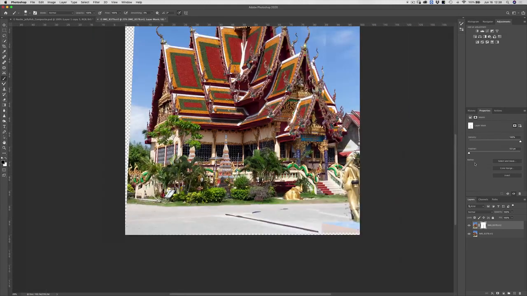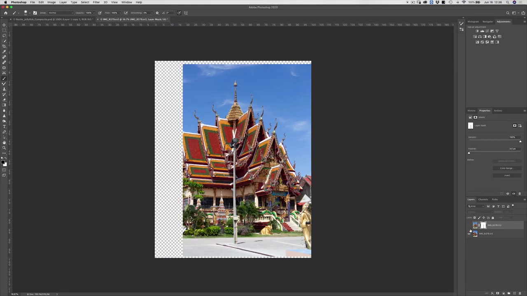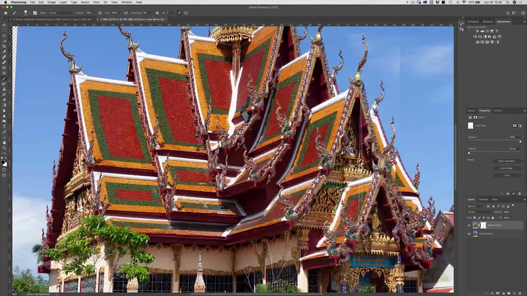So there's our first image with the lamppost, and now the second image where the lamppost is 95% removed. Now, I don't know about you, but all of the detail underneath where we removed that lamppost would have taken an extremely long time to manually clone all of those different areas out.